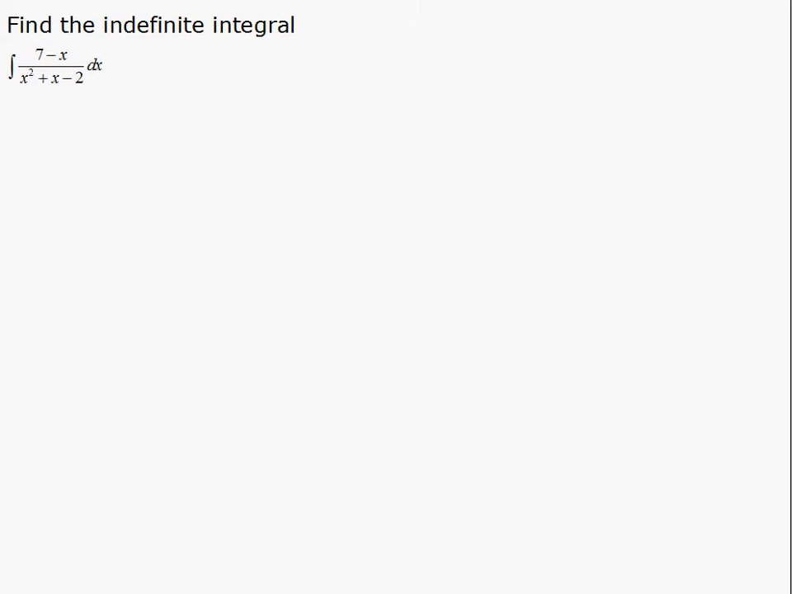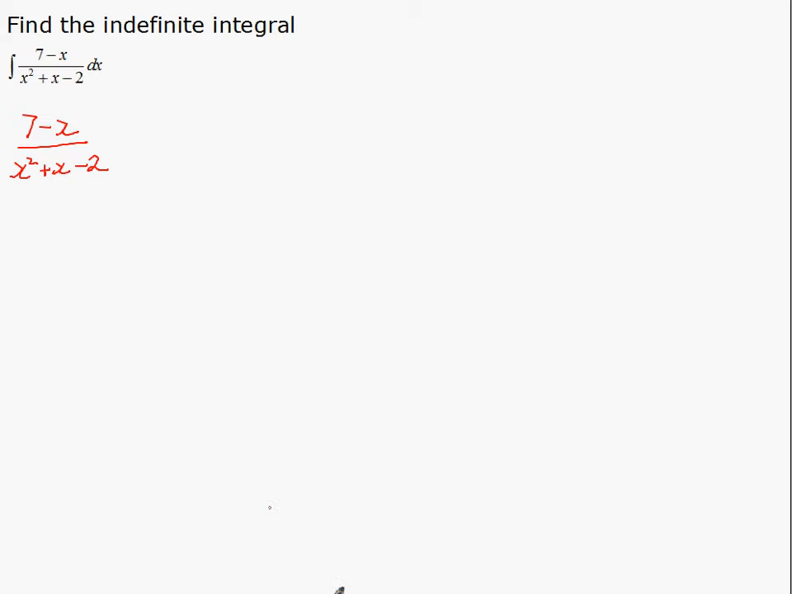In this example, we're going to solve an integral using partial fractions. What that means is we're going to take the integrand here, the part we're trying to integrate, and break it into the two expressions that it came from to begin with. So we're going to break it apart, kind of like undoing a common denominator. So if we take the integrand here, 7 minus x over x squared plus x minus 2,